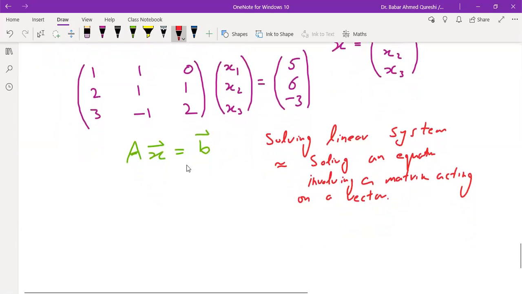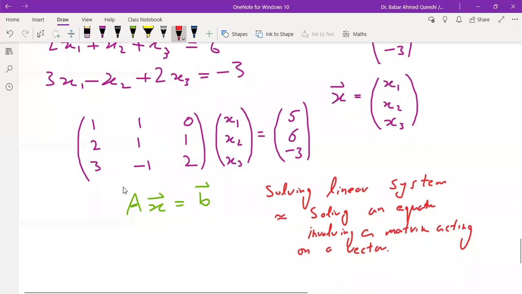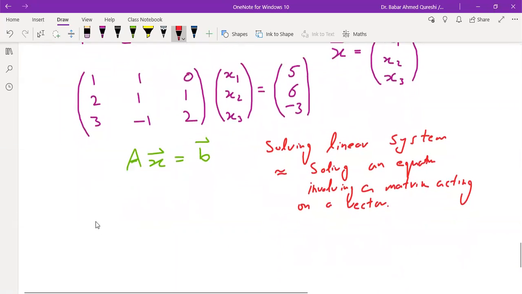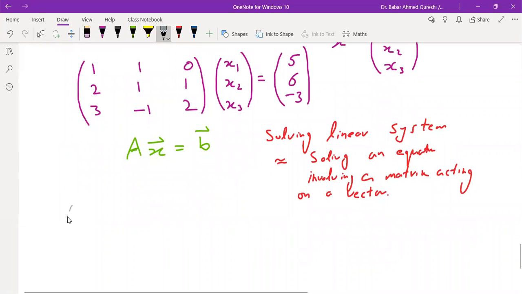And if I do the matrix product over here, this matrix acting on a vector, I'll get my equations back. So what was the way of doing the matrix product? A matrix acting on a vector? We had two ways. One was that you think of these row vectors, this matrix A